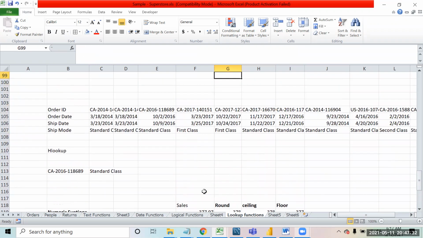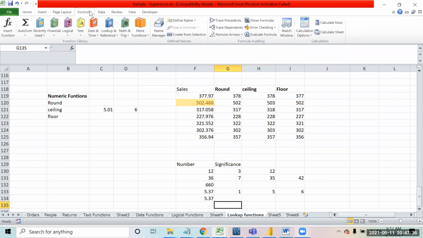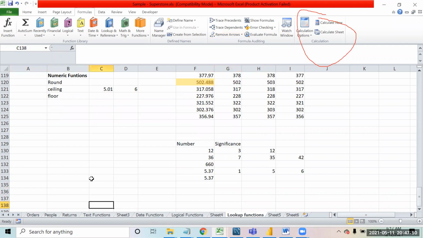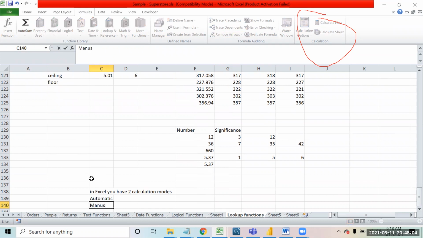Now over here, I'm going to discuss something. If you come to the formulas pane, in the formulas pane you will find something called the calculation mode. In Excel, you have two calculation modes. One is automatic and one is manual.